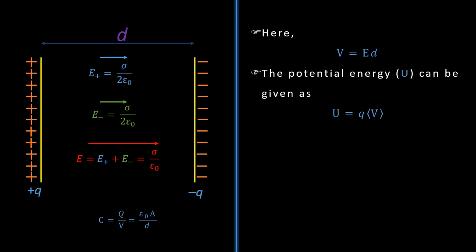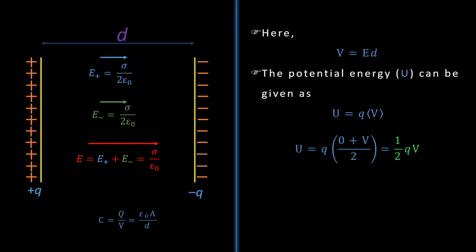So if I want to find out potential energy from potential, I should consider U is equal to Q into average potential. What is Q? The total charge deposited. What is average V? I'll consider it as 0 plus V by 2. And with that, I get the first expression for potential energy, which is half QV. So if you have charge and potential available, with these two quantities, you can find out energy of capacitor.